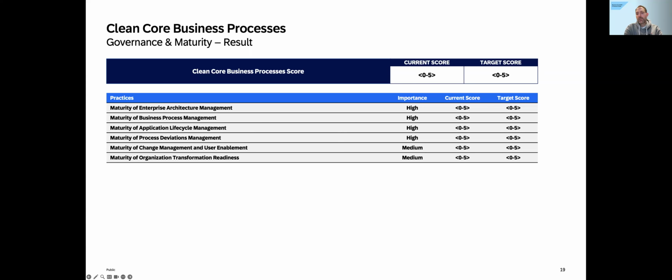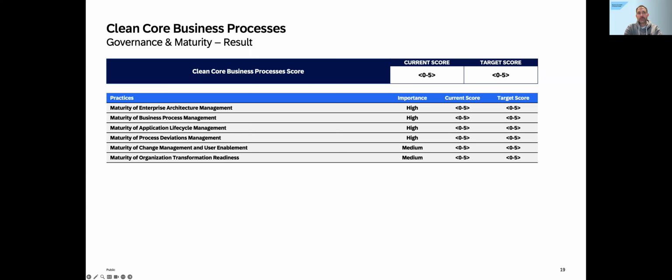Without fully explaining what 0 and 5 mean, you could say 0 is not good and 5 is best in class. There's no one else in the world that can be better. And I always say, it's like in school: it's probably not desirable to always have, as we say in Germany, a one, so best in class in all of the subjects, right? It's okay sometimes to have a 2. And the same applies here.